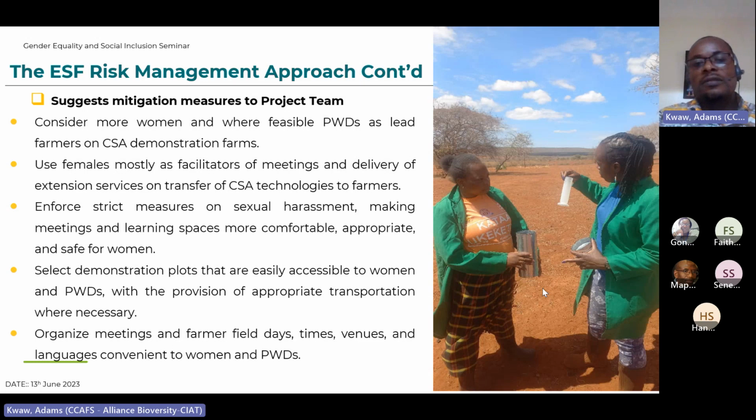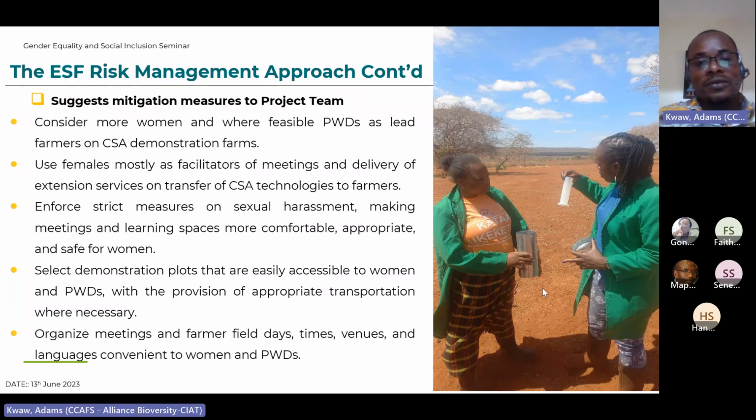We also reminded them that we have very strict prohibitions on sexual harassment, because at a community level, sometimes some women are not interested in participating in group activities because of previous experiences on harassment. So to make learning spaces around the project innovation attractive to women, we encouraged them to and reminded them on the restriction we have on harassment.